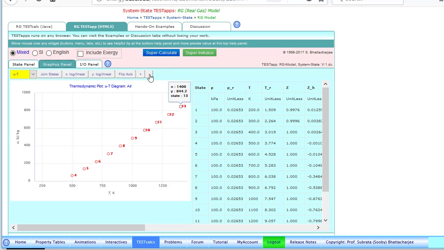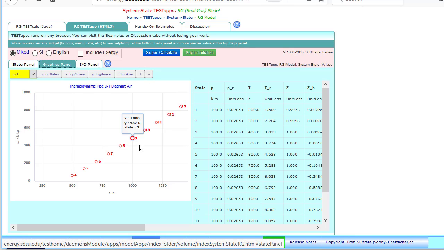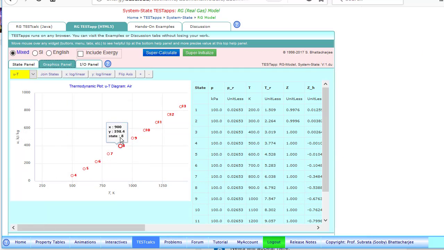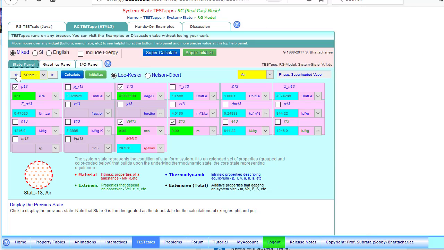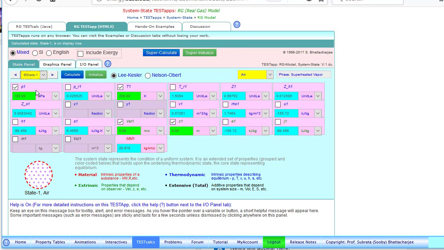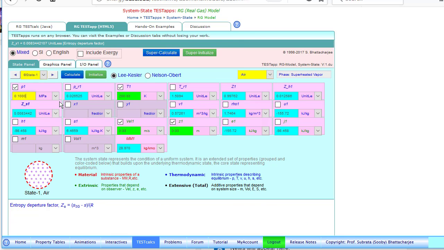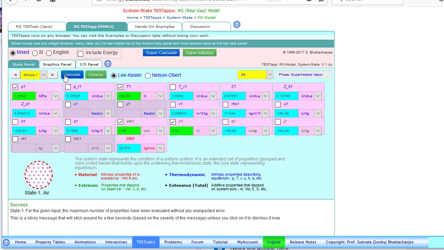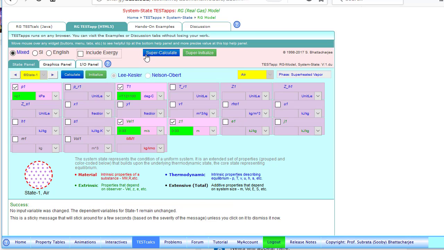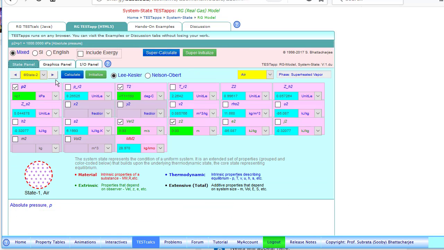Alright, and now the second part of the problem asked to evaluate the same thing, but rather at 1 MPa and then 10 MPa. So how we're going to do that is go back to state 1, and change this to MPa and 1. Alright, calculate, and we'll hit super calculate so that it recalculates all of the states,